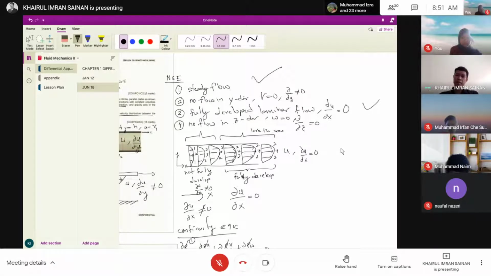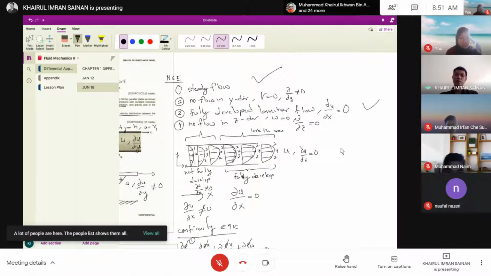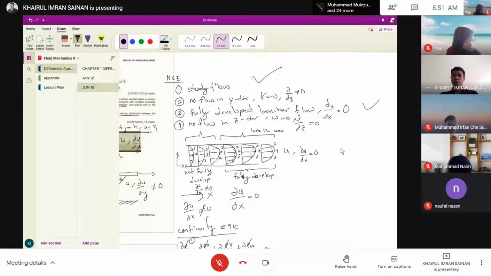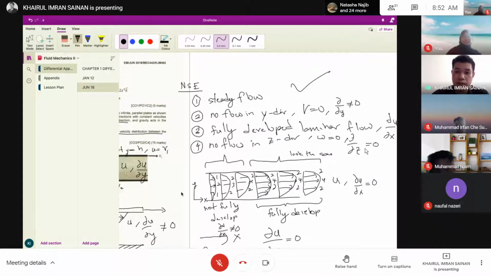that you can apply, right? For any case, in fact, right? When you apply Navier-Stokes equation, number 1 is going to be steady flow, number 3 fully developed laminar flow. 1 and 3 should always be there for any problem in this chapter. Okay. The thing is, for number 3, perhaps the mathematical equation or term instead of del U over del X maybe becomes something else. For example, let's say